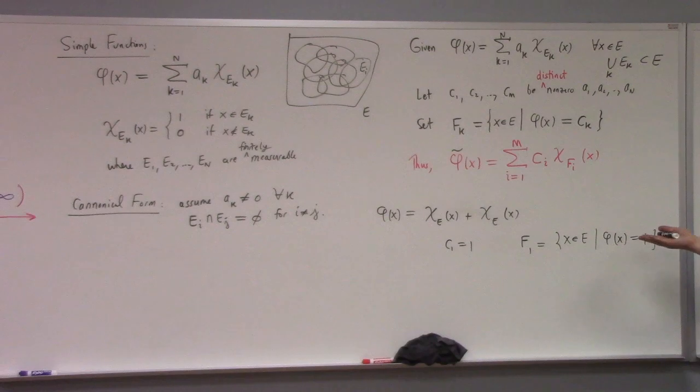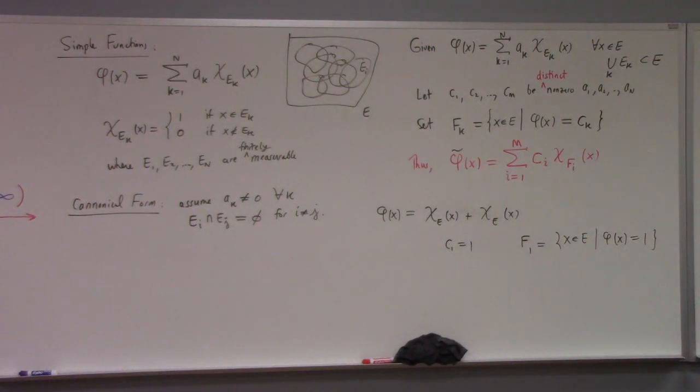Anyway, do you agree that up to some annoying, picky stuff, we can definitely just define a canonical form? I'm not worried about the claim, I'm worried about the proof of the claim, right? I mean, yeah. And with that, we can define the Lebesgue integral. So here it is.